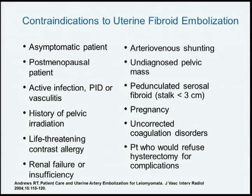less than 3 centimeters. These patients should not have embolization because sometimes with embolization it has been shown, although anecdotally, that these fibroids may torse or twist off and then become an abdominal mass with resulting pelvic pain and adhesions and requiring secondary surgery. Women who are currently pregnant should not have embolization of the uterine arteries, as well as